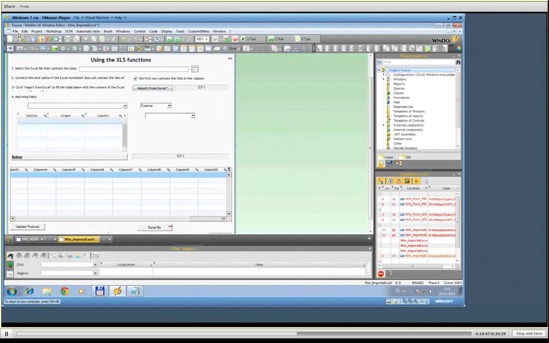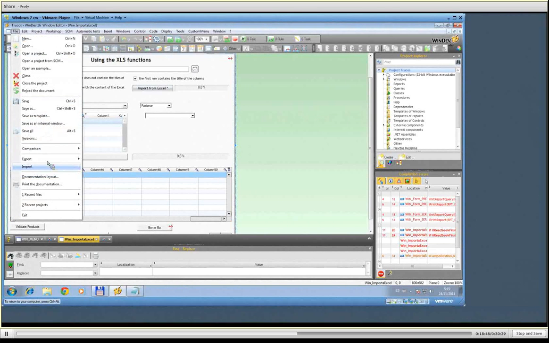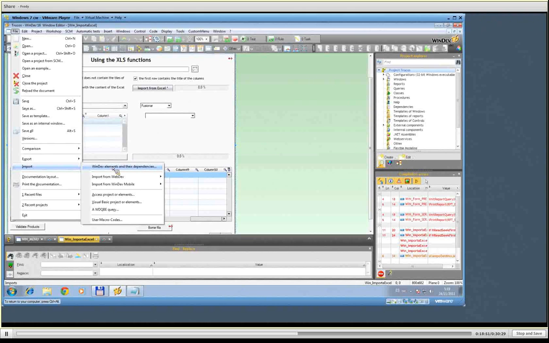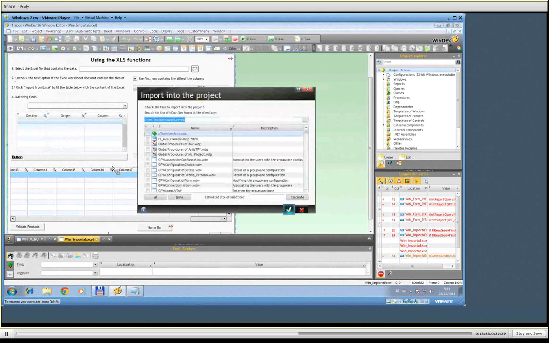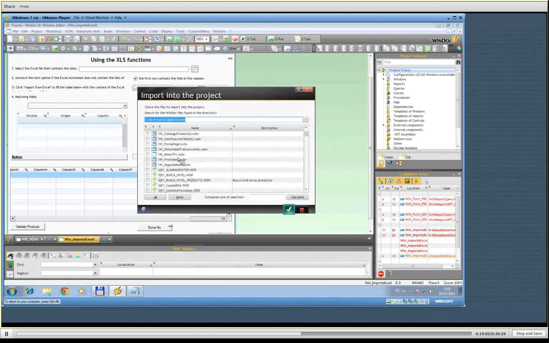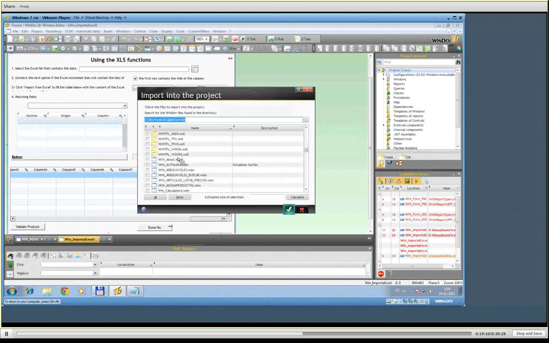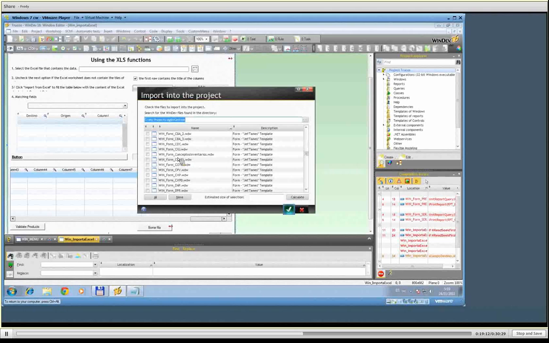This example I will put in order that you can download. You only need to open your WinDev here: file, import WinDev elements under dependencies, show the project that you need, in that case my project that I sent to you, and find